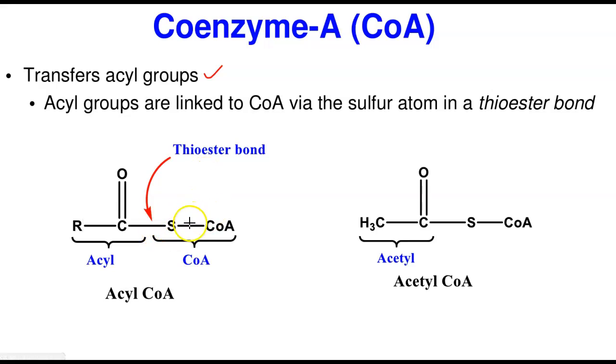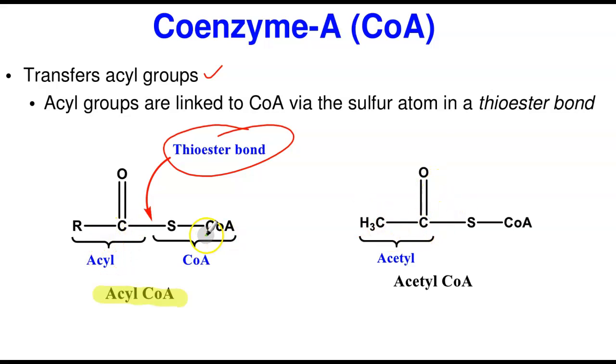And then when it is now connected to the CoA, look at it now. This is the CoA. Remember, there's supposed to be SH here, but that H is gone. You're now connected to this. This forms the thioester bond. So this is the CoA part, and this is the acyl part. So this is what we call the acyl-CoA. Now, if this acyl-CoA is acetyl, it becomes acetyl-CoA like you have in this case.